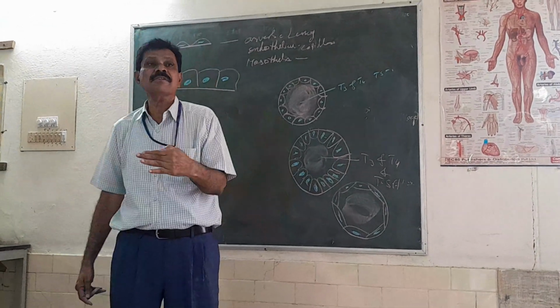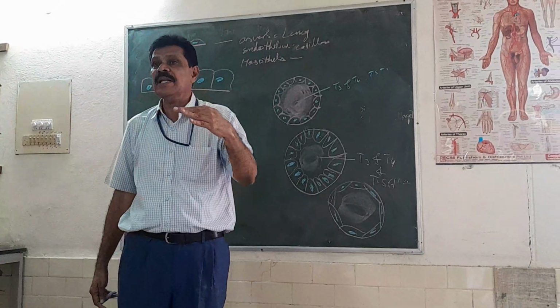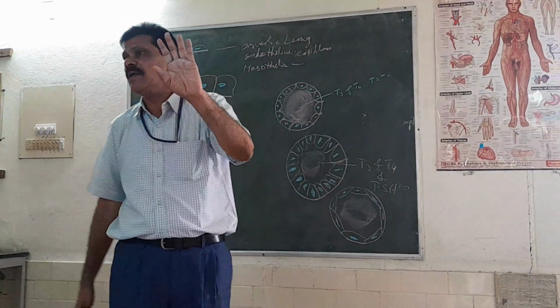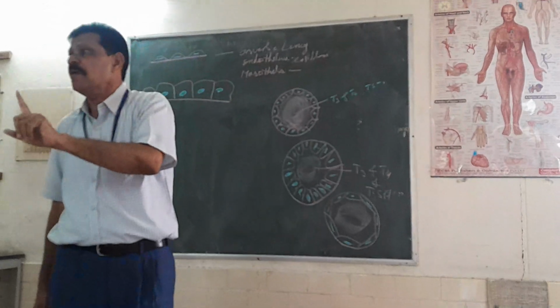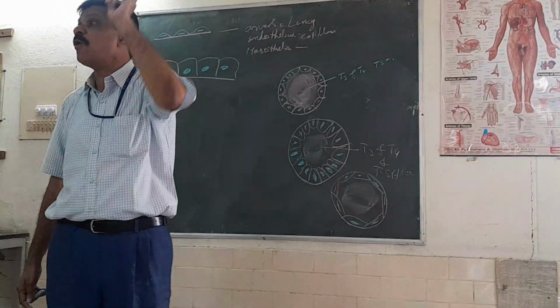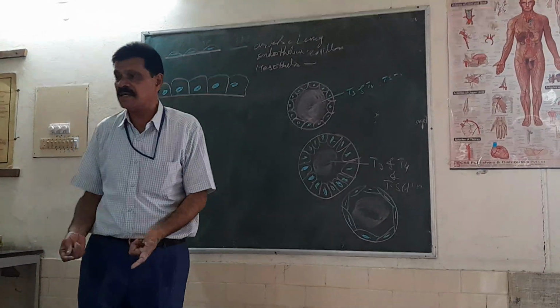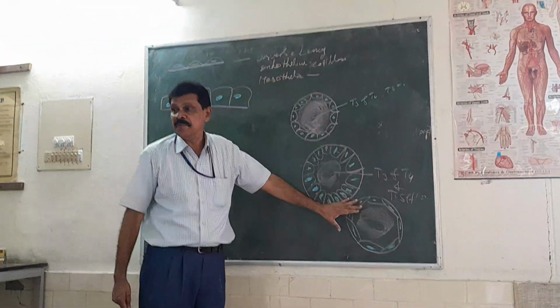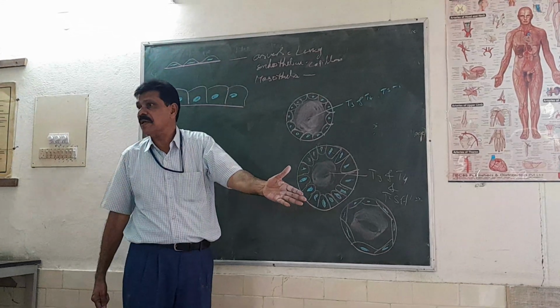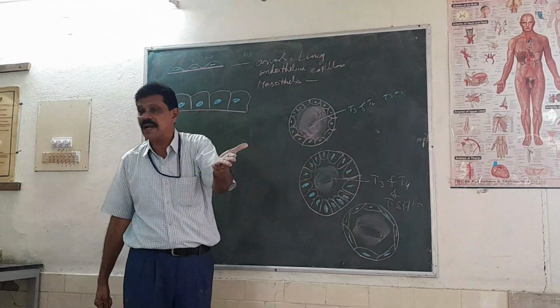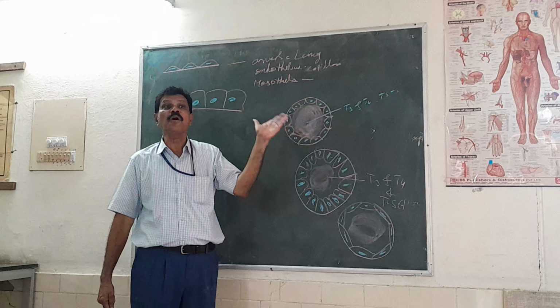In the digestive system, almost all slides have columnar epithelium. Why? Because in the digestive system, more function is there. They have to absorb and secrete so many things. That is why columnar epithelium is there, in the gallbladder and in the digestive system, many slides are columnar epithelium. Why? More function is there.